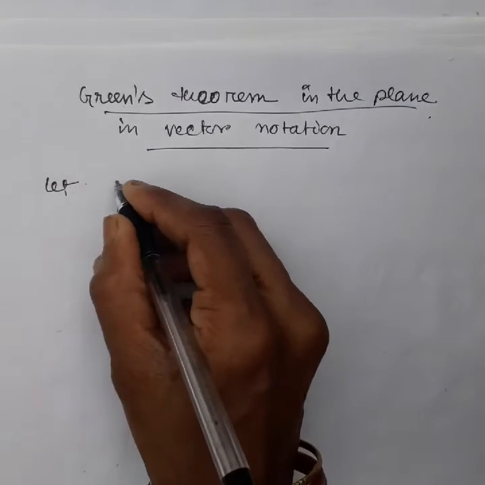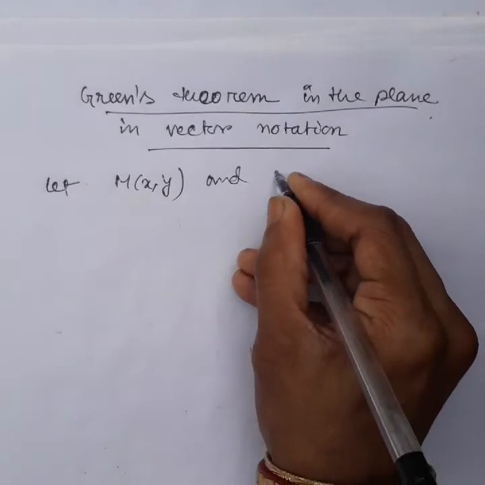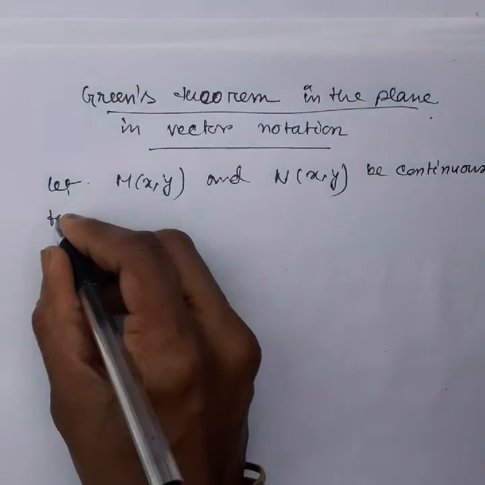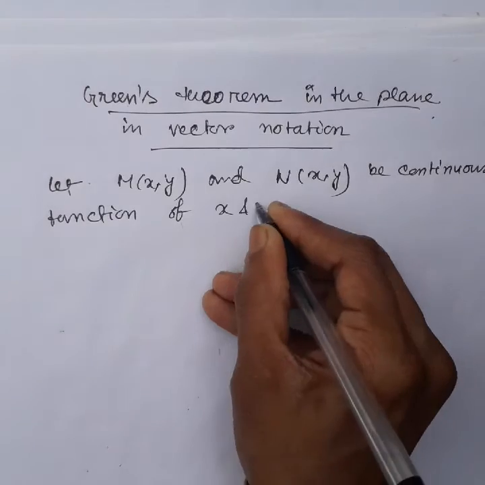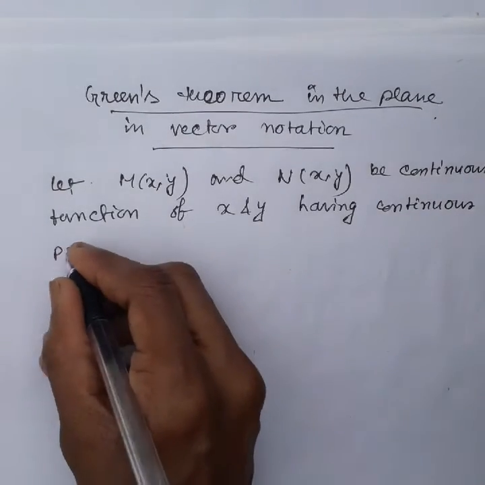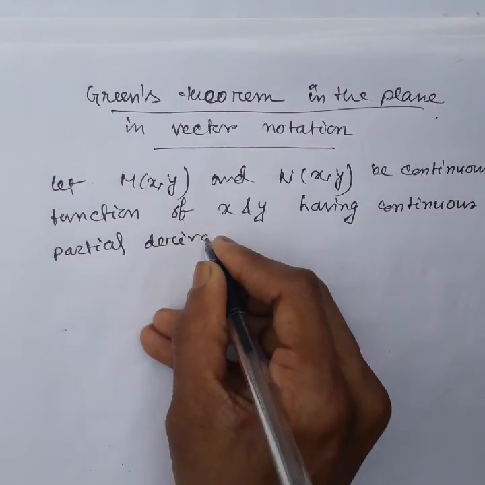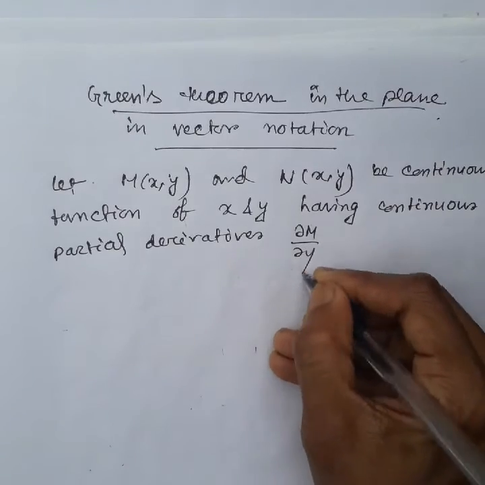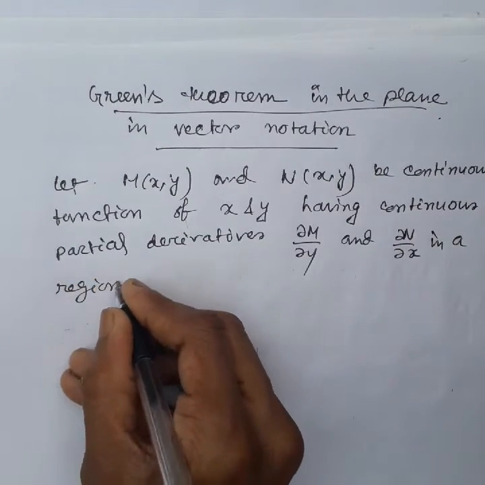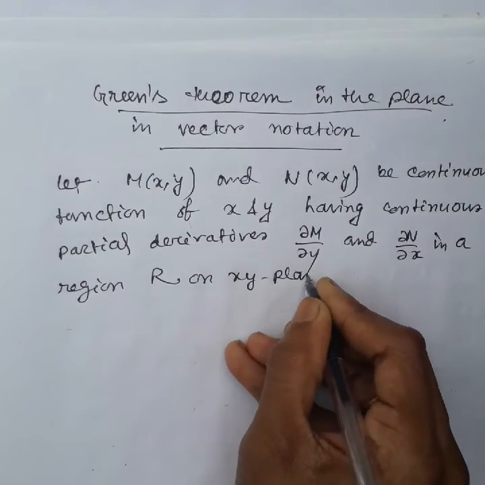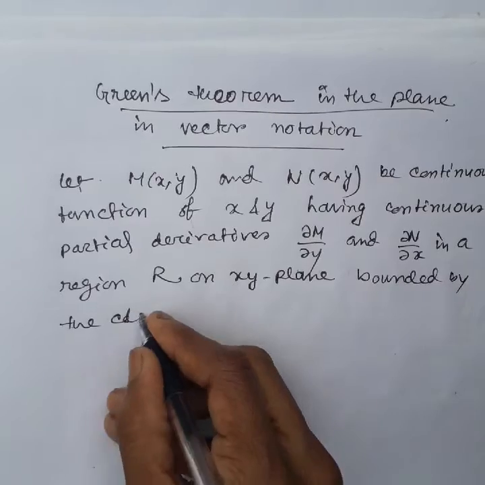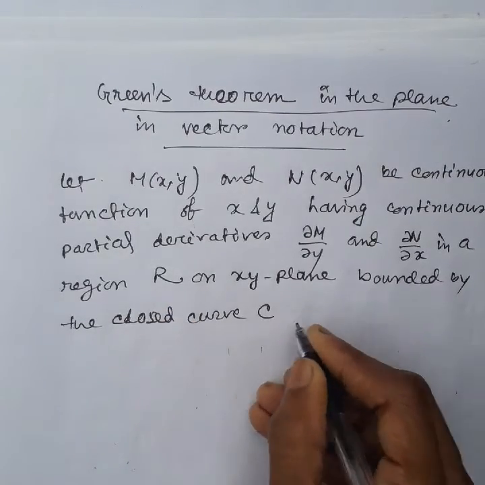Here also, let M(x,y) and N(x,y) be continuous functions of x and y having continuous partial derivatives del M del y and del N del x in a region R on the xy plane bounded by the closed curve C. Then